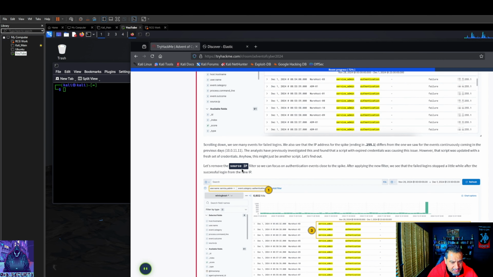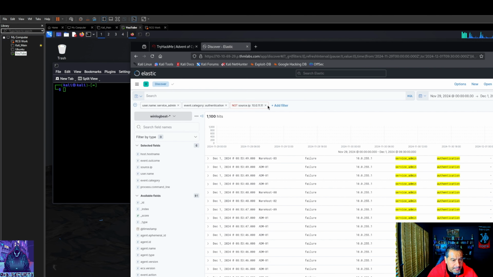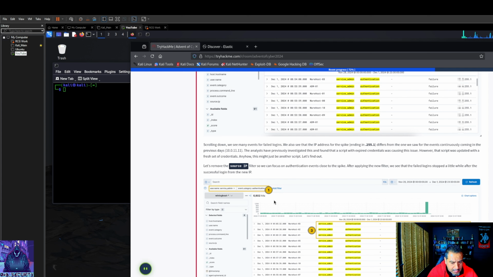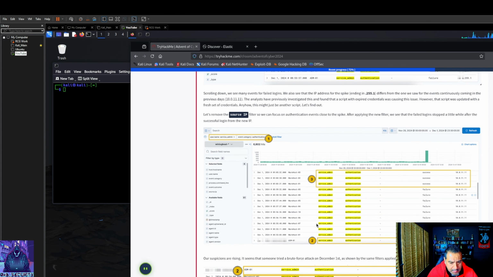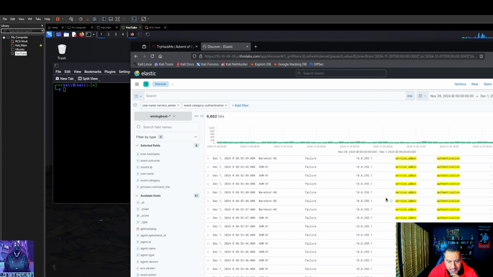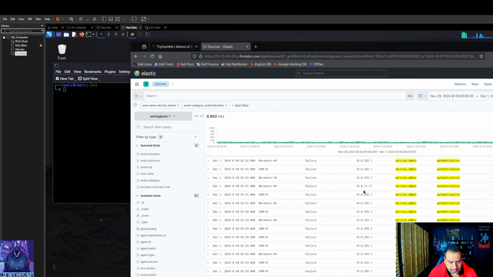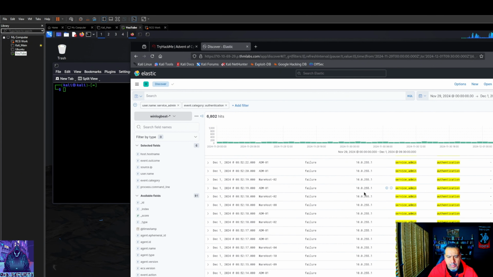Okay, let's remove the source IP. After applying the new filter, failed login stopped a little while after successful login from 255.1.